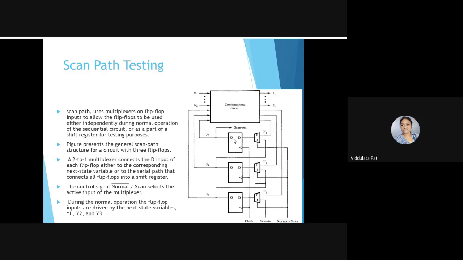And for that we have these different testing methods. Okay, now we are developing a certain model, and from that we are checking whether the circuit is faulty or